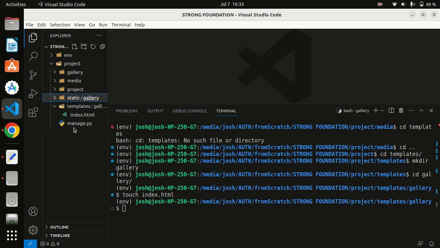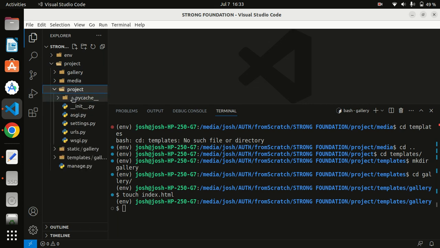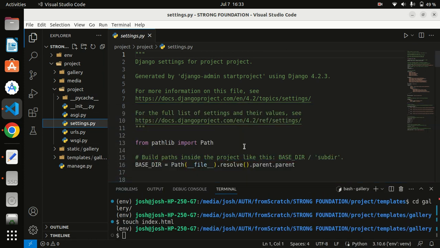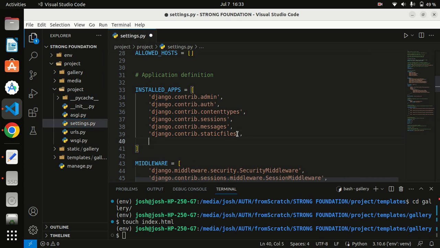So if I get to the project main folder, inside it I've created an application called gallery, but I have to let this project know of the applications that I have. So I have to go inside project, then the settings, and register my application I've created, which is always under this installed apps. I call it gallery because it's the application I created, and then a comma again. After doing that, I have to